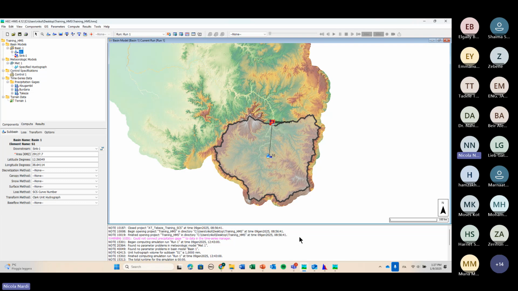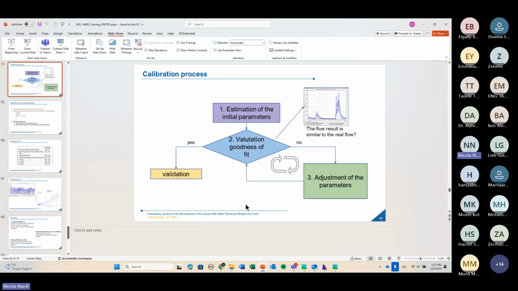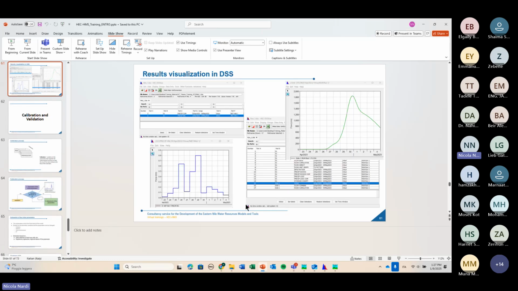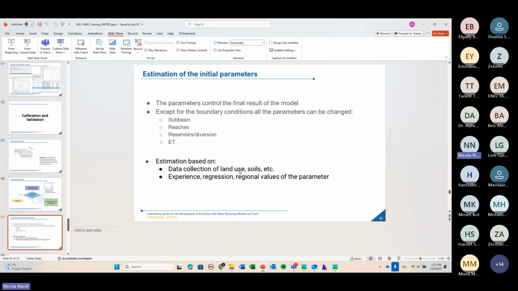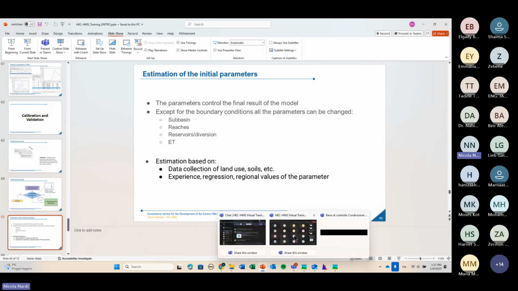Because I was telling you during all this training that I was not worried a lot about the estimation of the initial parameters, but at the same time, if we are in a condition as suggested by Mr. Mohammed,